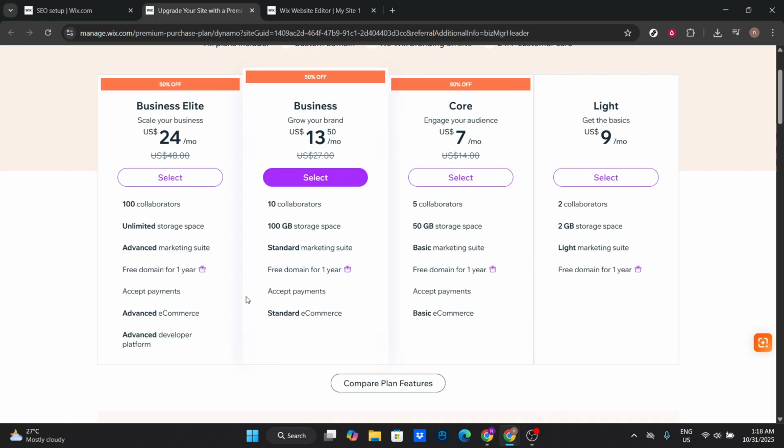Now let's explore the premium plans. All the options from Combo and above will remove Wix ads for you. The Combo plan is particularly suitable if you're managing a small personal website. It's designed for those who are just starting out and want a professional look without the clutter of ads. If your website is set up for personal branding, a small business, or even as a freelancer